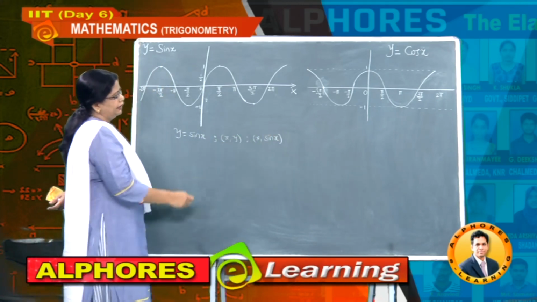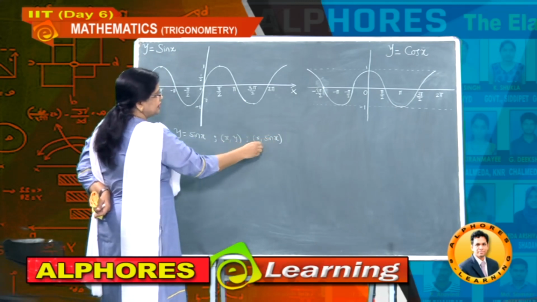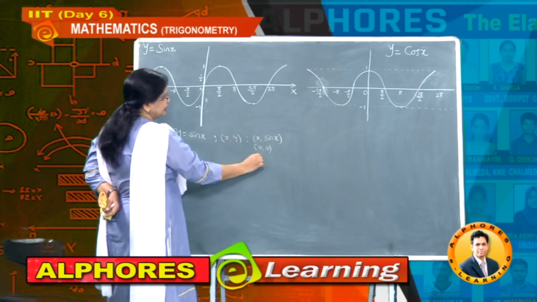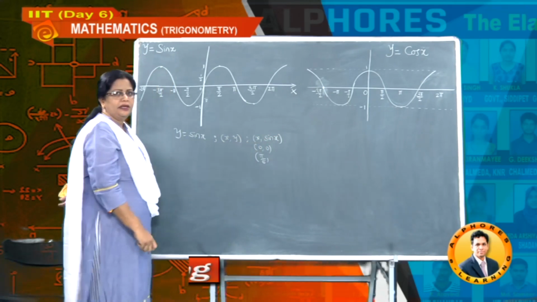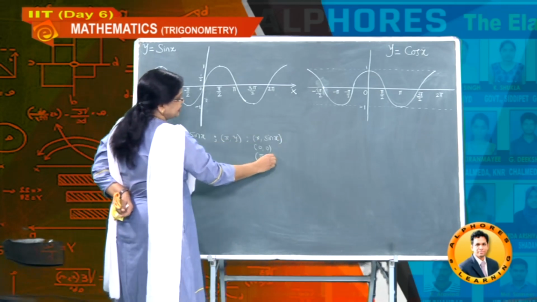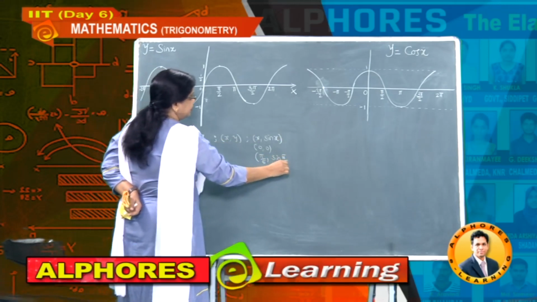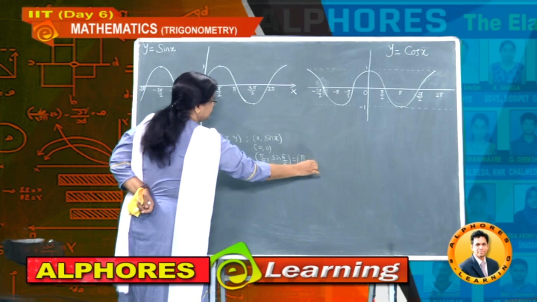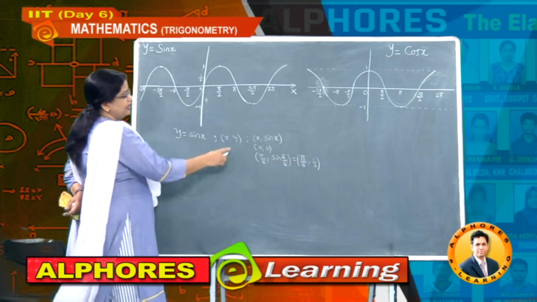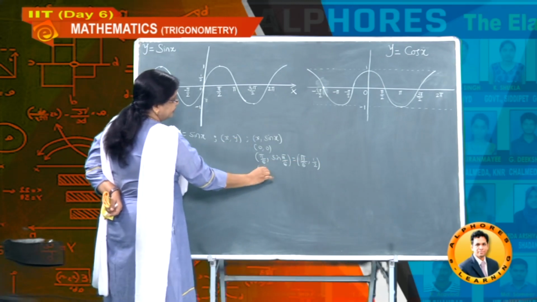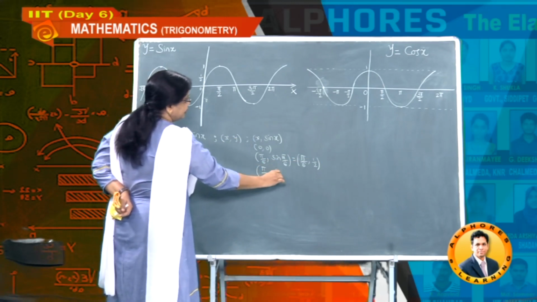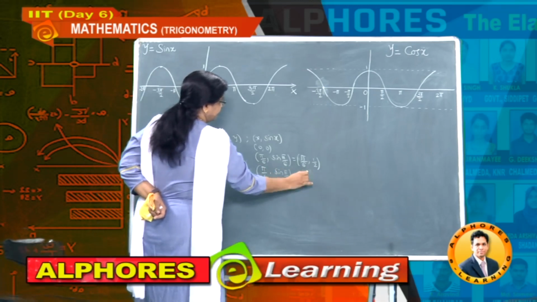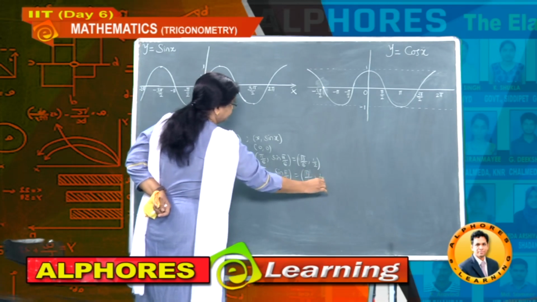Whenever you take the x value as 0, correspondingly sin 0 is 0. And if you take x as 30 degrees, that is pi by 6, correspondingly the y value is sin 30 degrees. And what is sin 30 degrees? That is 1 by 2, and therefore this is pi by 6 comma 1 by 2. And if I take x equal to pi by 4, this is sin pi by 4, which is 1 by root 2, so this is pi by 4 comma 1 by root 2.